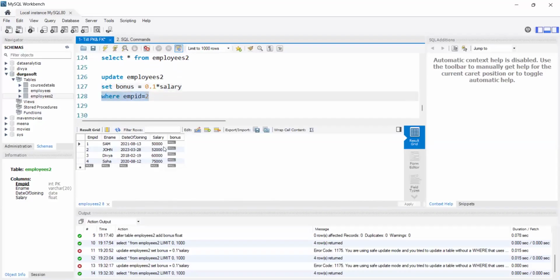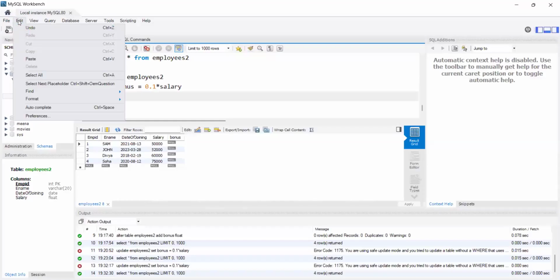That's the reason I won't use the where clause. But by default, whenever we use the update command without a where clause, we will get an error stating you are using safe mode. So we need to turn it off. To do that, we need to go to edit, preferences,